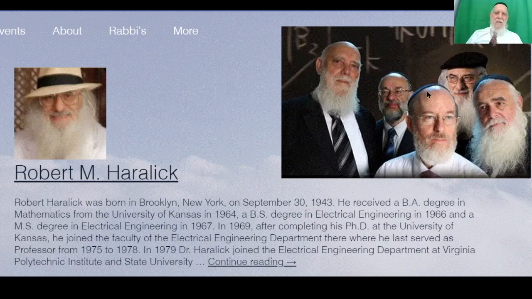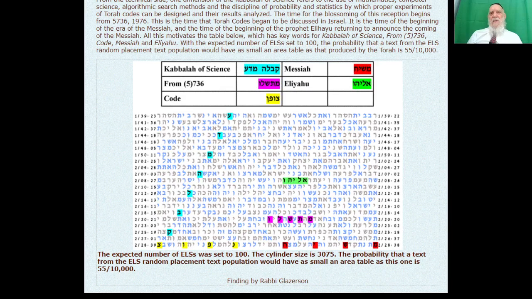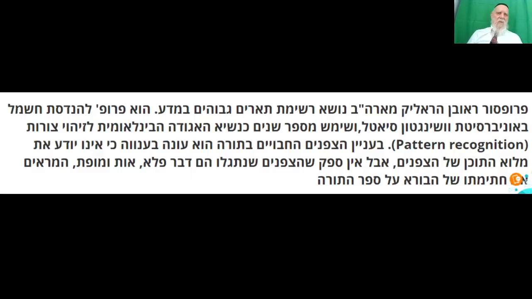So this is really the scientist and myself trying to show the connection of the Bible codes to Midrash, to Kabbalah, Talmud. So as I said, a very, very interesting table. There are many others on the site, torahcode.us. You can see there are a lot of explanations. This is the Hebrew explanation, and for Hebrew, this is by Professor Haralick.